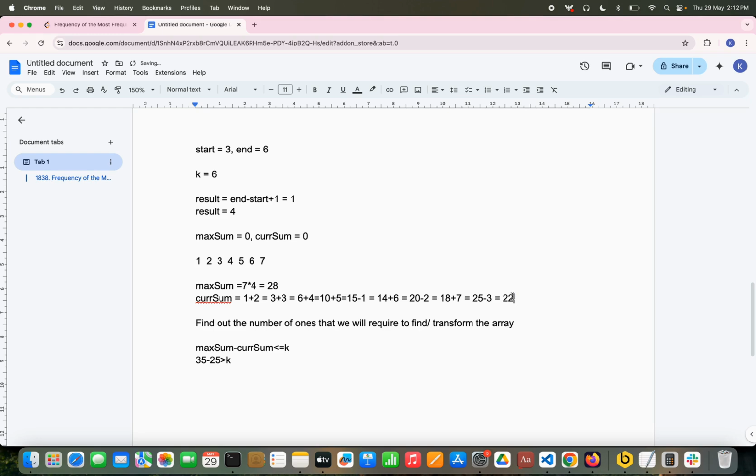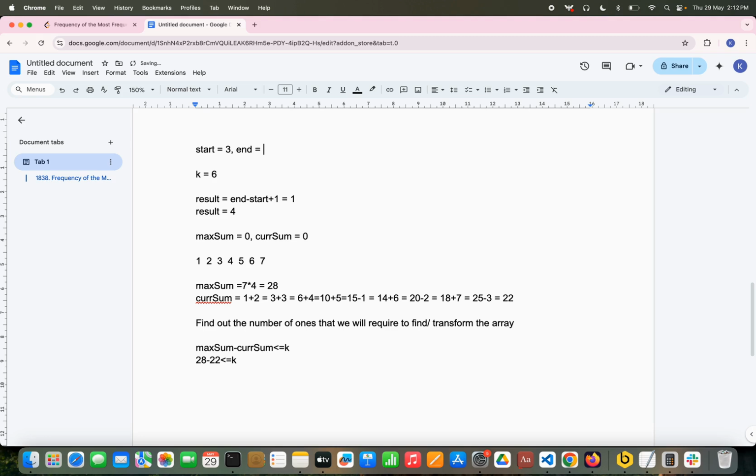And this is still 22. So 28 minus 22 is less than or equal to k, that is 6. Okay, so this is the subarray that we are considering, not updating the result again, but because this condition holds,